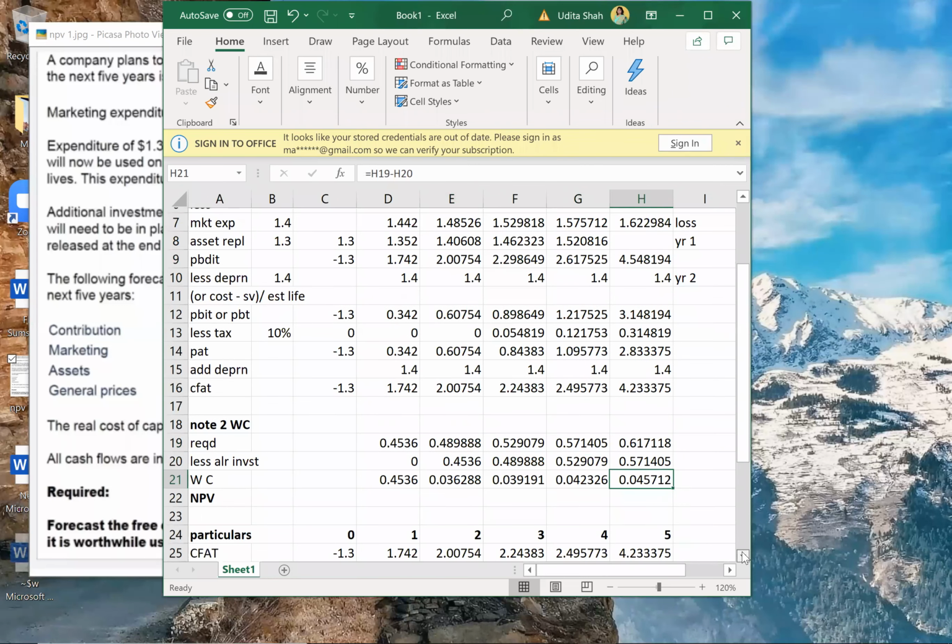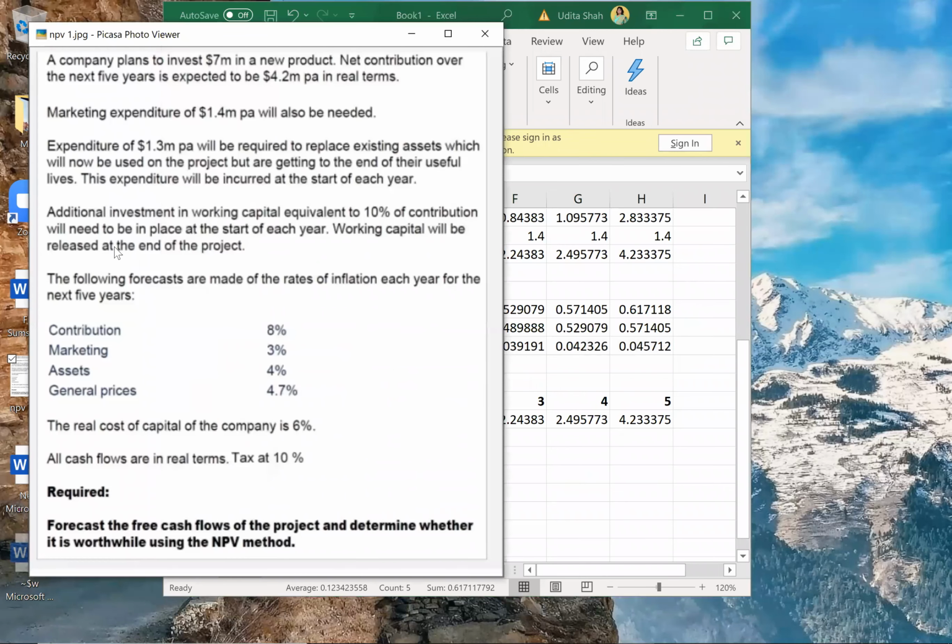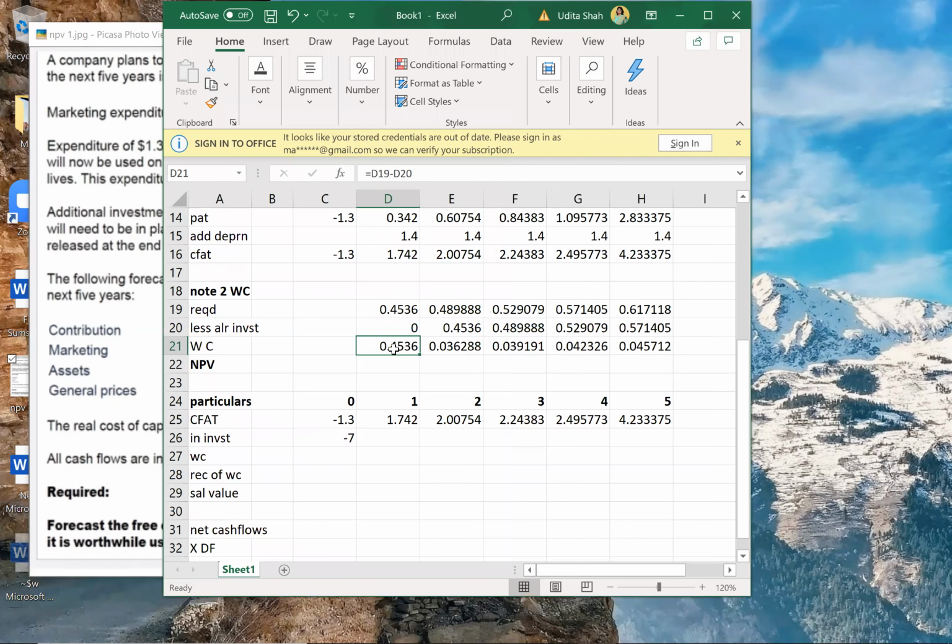Okay. Now, where do we write this working capital? This working capital of year 1, 2, 3, 4, 5. I will have to write it not in year 1, 2, 3, 4, 5, but in year 0, 1, 2, 3, 4. Why? Because working capital will be at the start of each year. If it is at the start of each year, it means year one's working capital will be written not in year one, it will be written in year 0. Fair enough? So this will be minus.